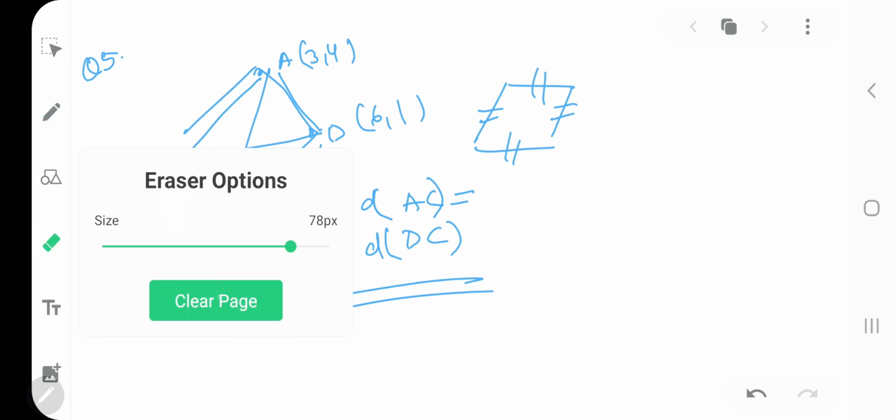Let's see what it says. Question number 6 says, name the type of quadrilateral formed by the following points. So you have first, which is (-1, -2), (1, 0), (-1, 2), and (-3, 0). Now for that, of course, you have to check the distance between all the sides, that is AB, BC, AD, CD. Once you got all sides equal, if they are of same length and if the diagonals are equal, you can say that it's a square.